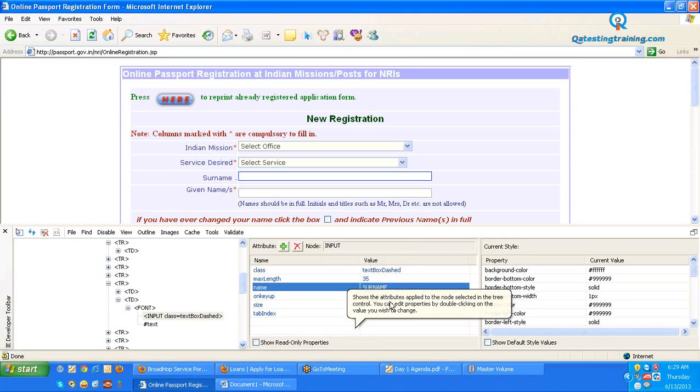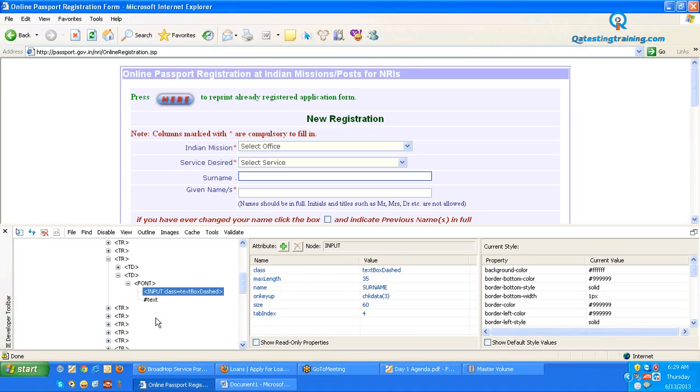But not only this surname text box is identified, but we have some more tags defined below. Maybe this surname value defined for the name attribute is defined anywhere else. We need to cross verify that, because this is not the last tag. If it was the last tag, we can say surname text box is uniquely identified with the surname value defined for name attribute, but we have some more tags. So now let's check